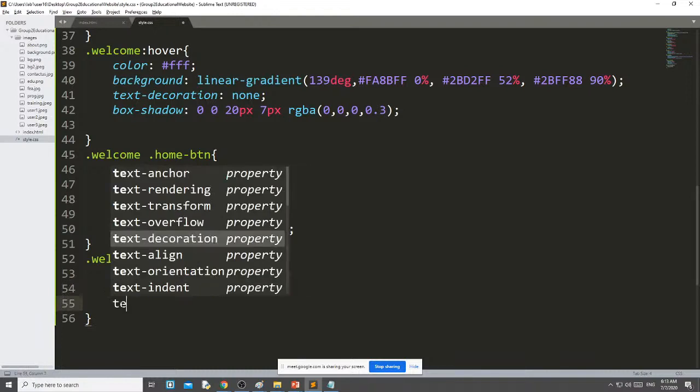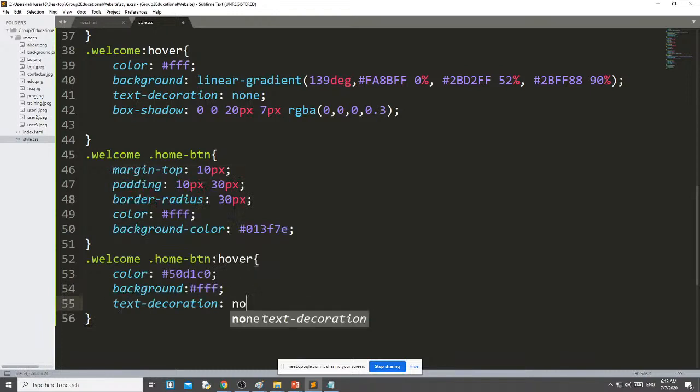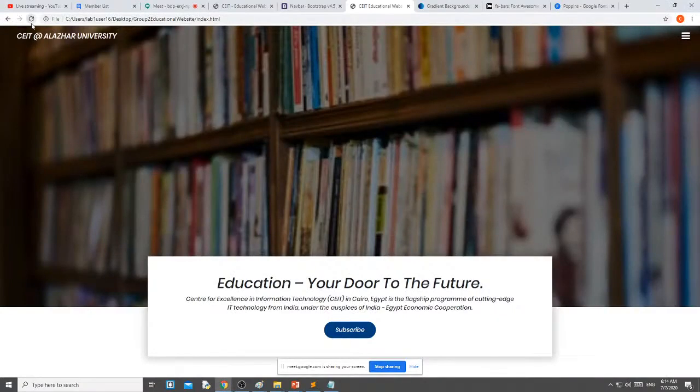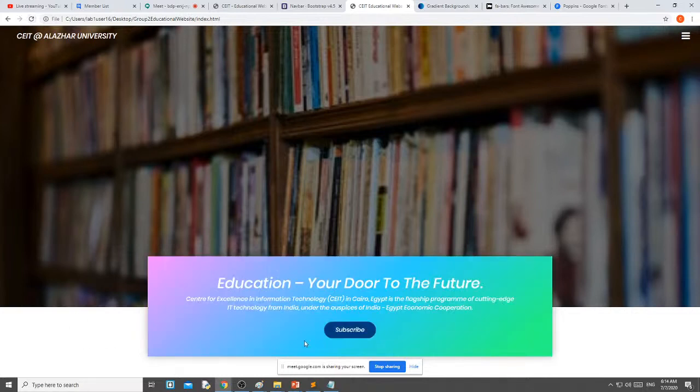Then text decoration none, and I need a little bit of shadow effect, box shadow, that's why I just copy these things and paste it here. 20 pixels 0 and here also 0. Okay, now you can see that once you hover, you can see the box shadow.